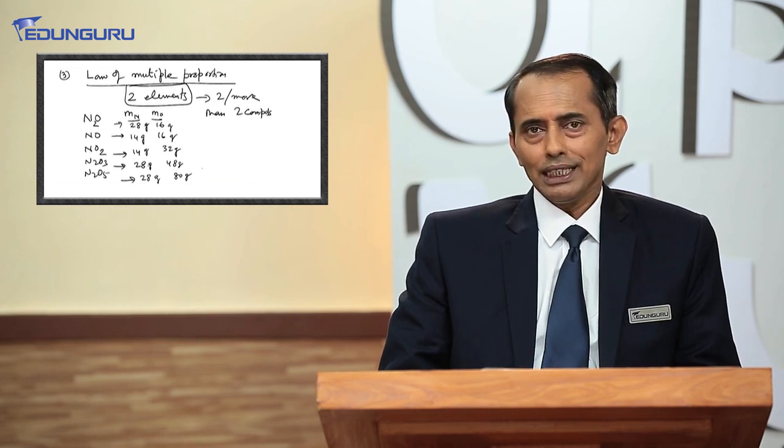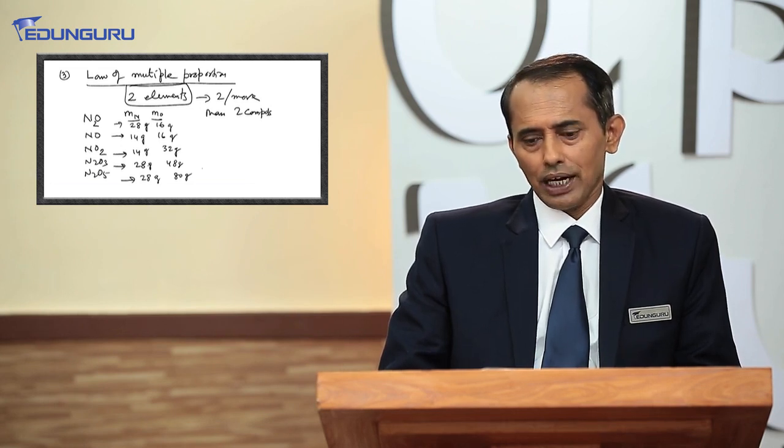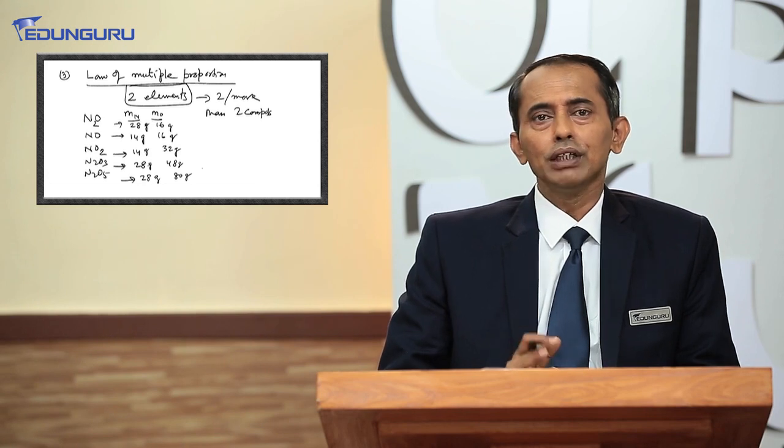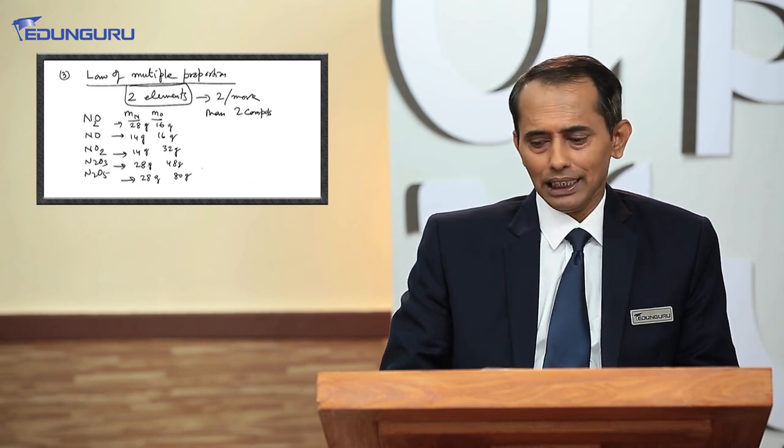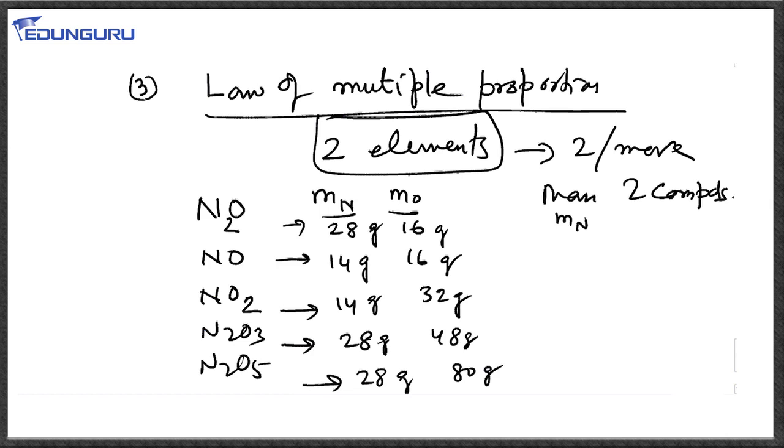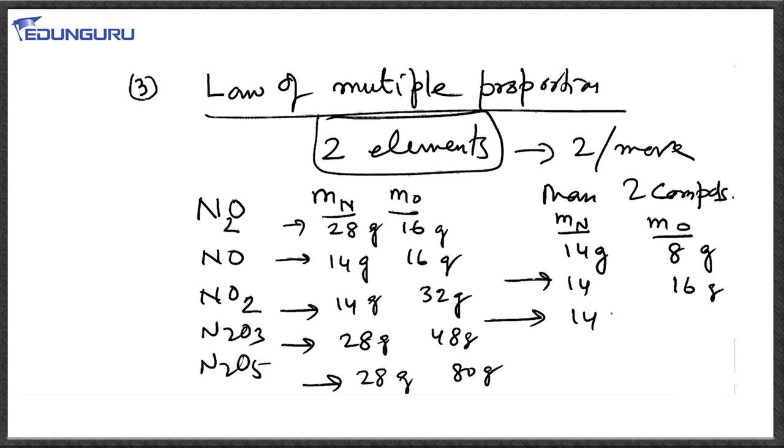So, what he stated in this law is that you fix the mass of one element. Let us say I am fixing the mass of nitrogen and checking the combining mass of oxygen. For example, 28 gram, the lowest mass is 14 gram, so I will make it 14 gram. So, in N2O, 14 gram nitrogen is with 8 grams of oxygen, and the second compound NO is 14 gram and 16 gram, and in the third compound NO2 it is 14 gram and 32 gram,